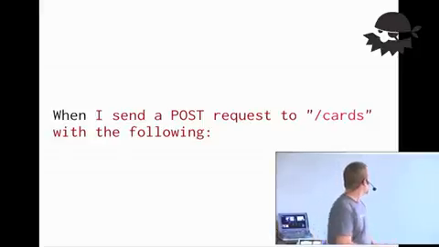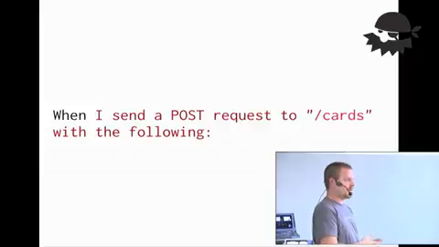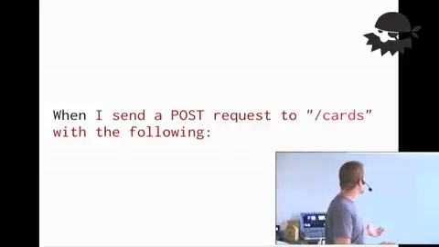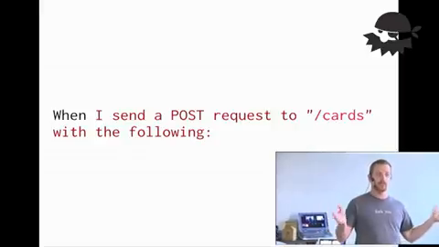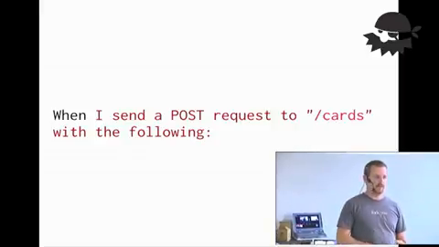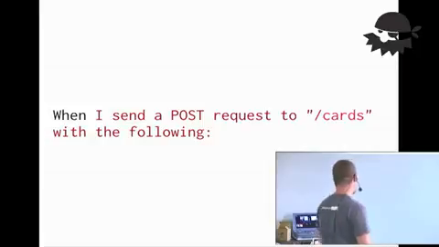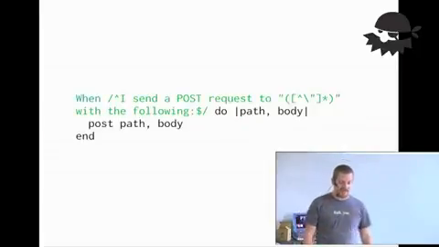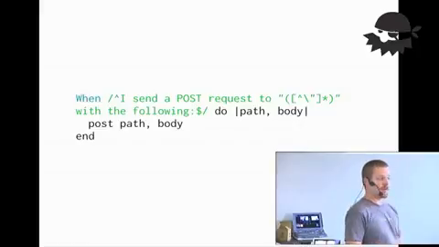So I send a post request to /cards with the following. This tells me the HTTP method that's going to be used, and it also tells me the path, essentially the root path, to get into this resource. Okay, and this particular resource is an address card. Now that implementation is even easier, again, because rack test gives us